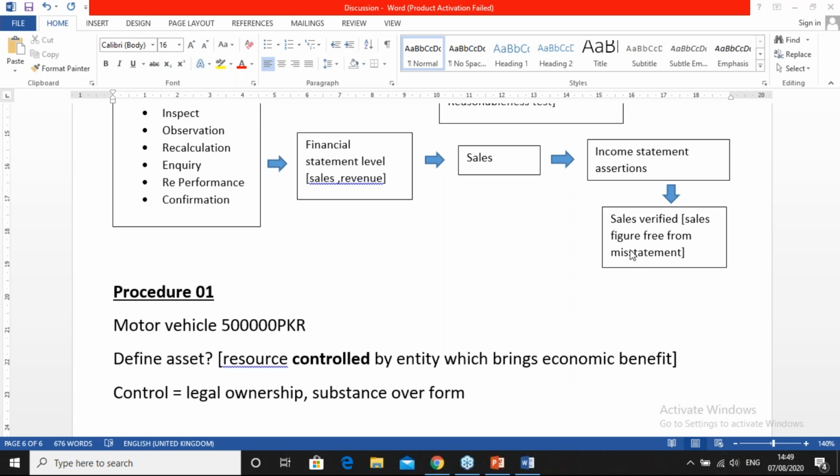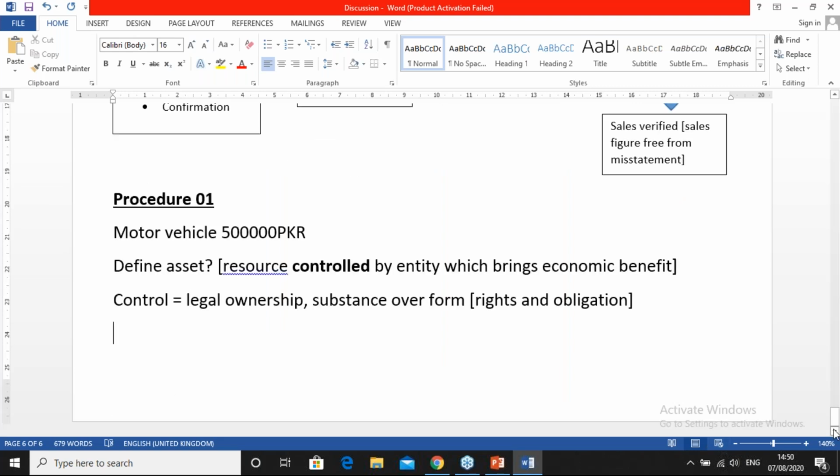Right? Understood. So in this case, the assertion is rights and obligations. Now I'm going to explain how to write the audit procedure. These are the basic preparations you should do as an auditor before moving to detailed tests. You should pick what areas to test first. So in your substantive procedures answer,